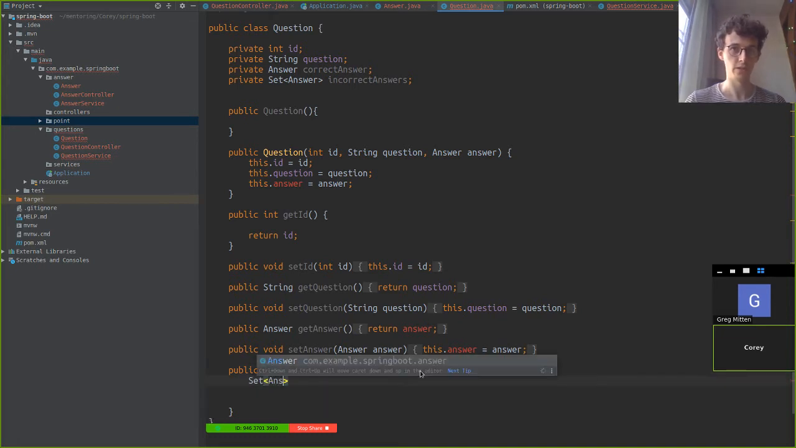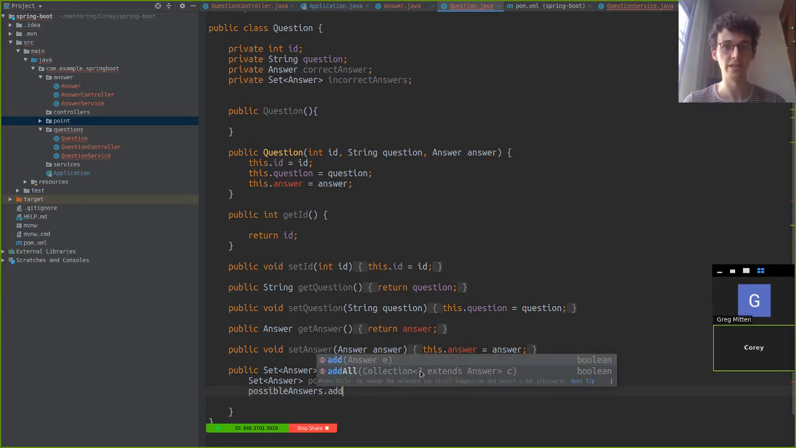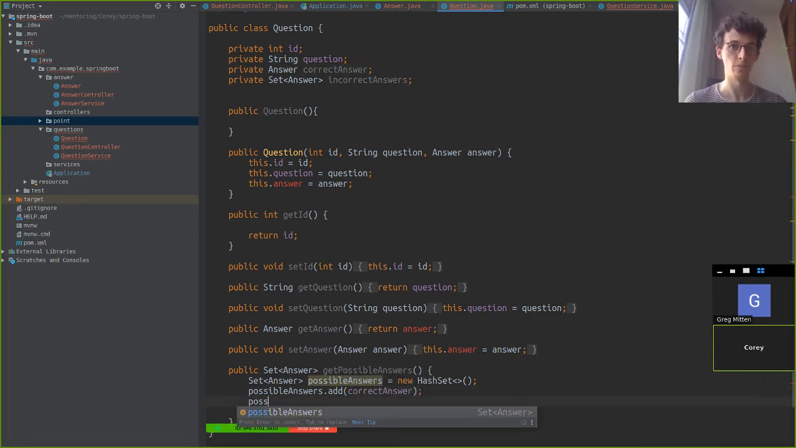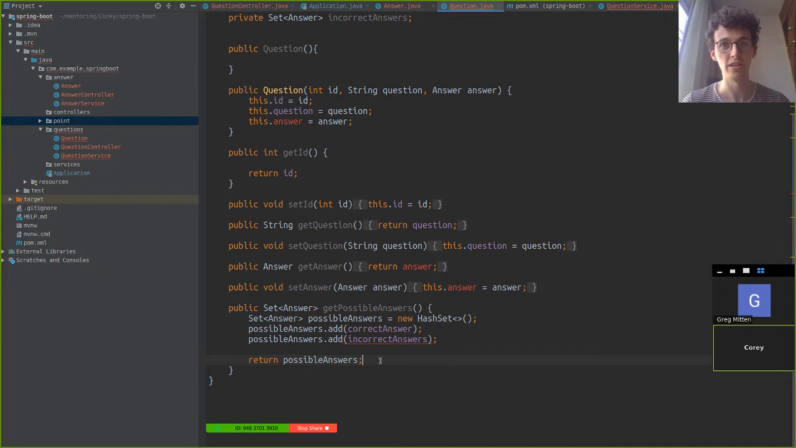Set answer possible answers equals new hash set. The reason I'm using a set here is because I want the answers to be unique, and it doesn't matter about the order necessarily. Then I would have possible answers, and I want to add the correct answer, and then add the incorrect answers. When I return possible answers, I'm giving them four answers, and they have no idea because they just see possible answers. This is the outgoing